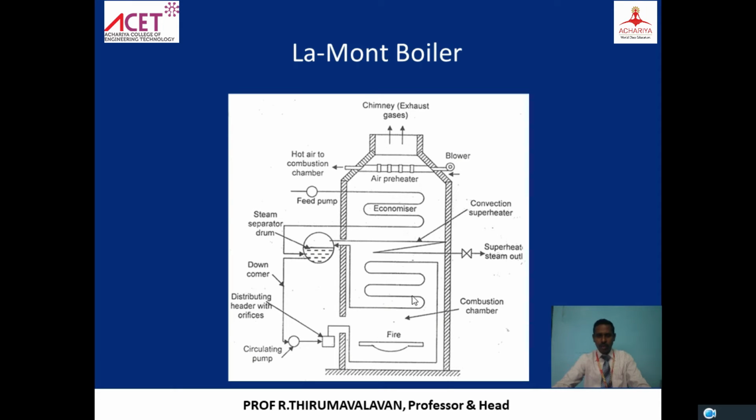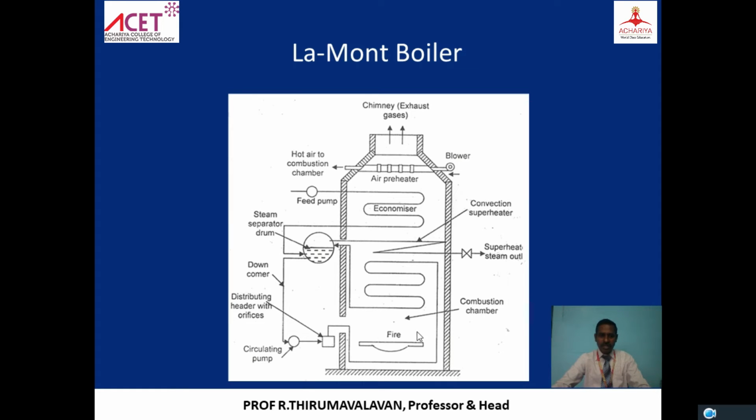But if you are converting this into steam, the water is not fully converted into vapor. Not complete vapor is forming. Some water particles are present. That is wet steam. In this chamber, the water is converted into steam, but still there may be some water droplets present. That is the wet condition. The X is less than 1. X is the dryness fraction. Dryness fraction is less than 1.